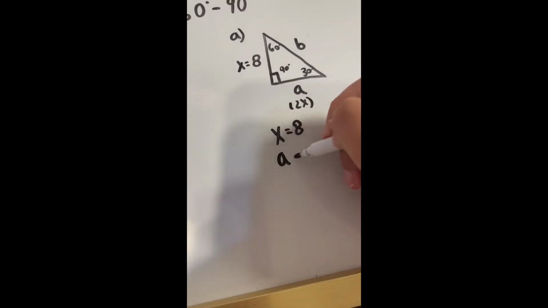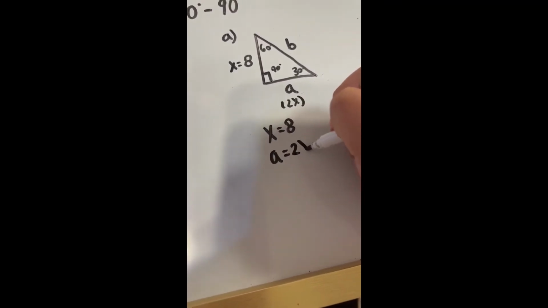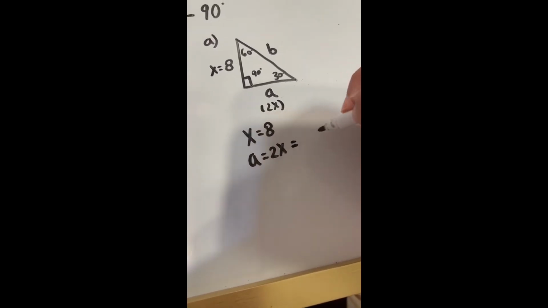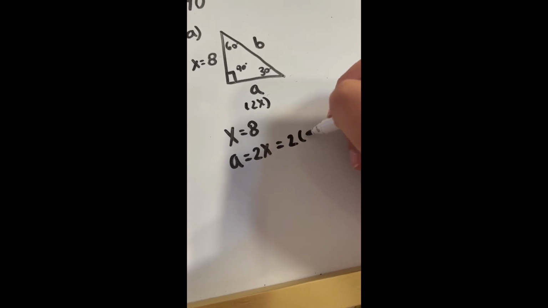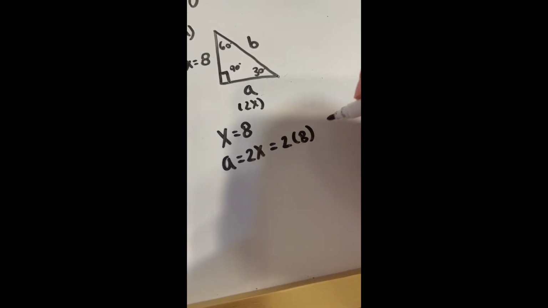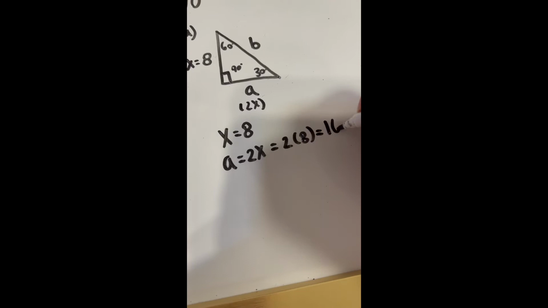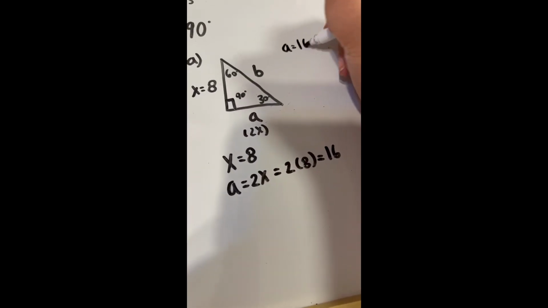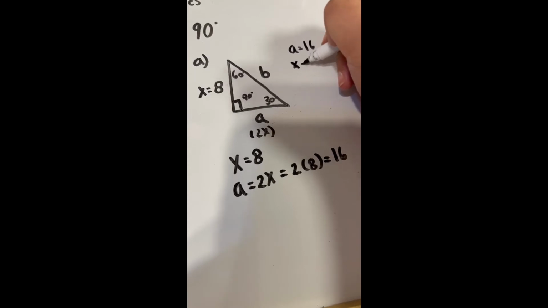Since we know a is 2x, we can go ahead and plug in our x since we know it, which will be 2 and 8, which gives us 16. So now we have found one of our missing sides, a, which gives us 16, x, which we know of course it's 8, and now we just need to solve for b,